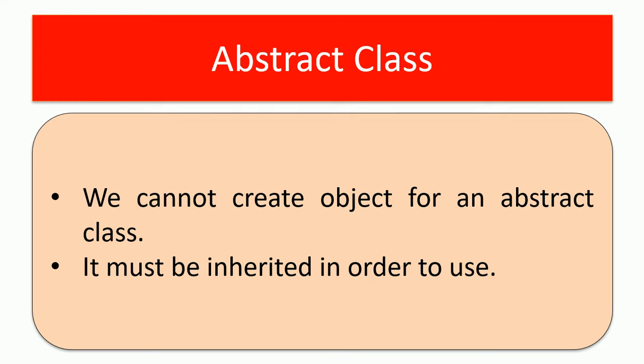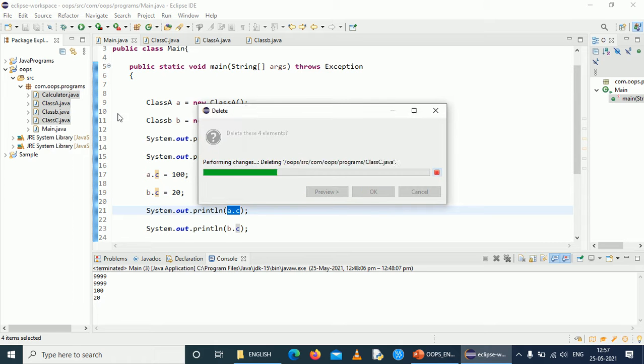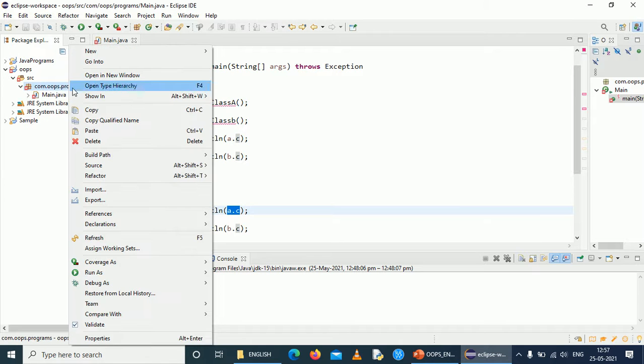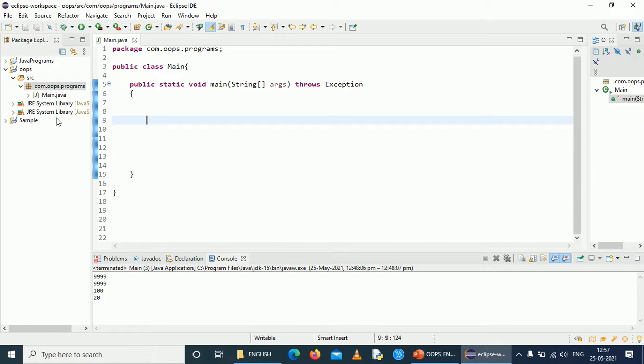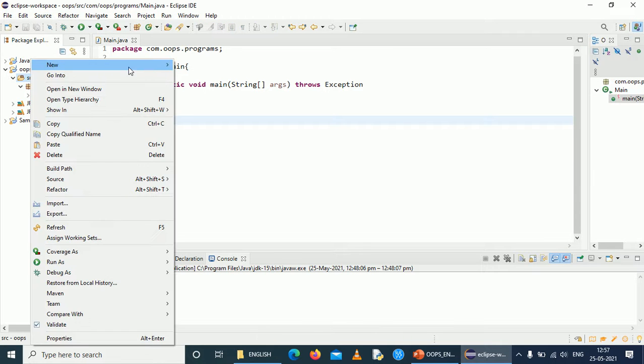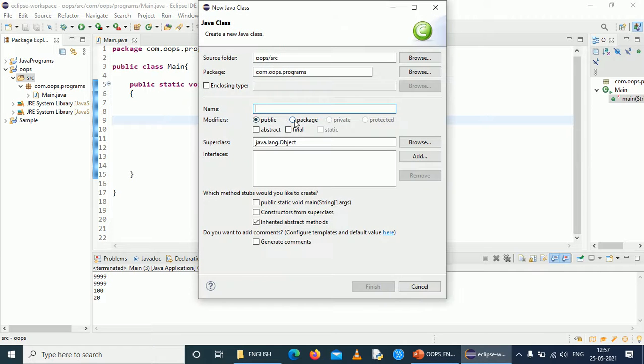So let us discuss with an example. New class, and declare this as an abstract class, animal.